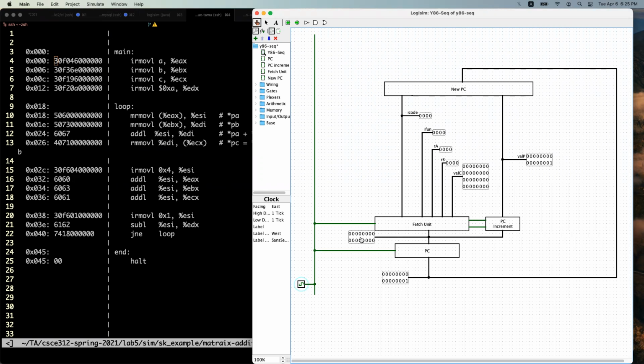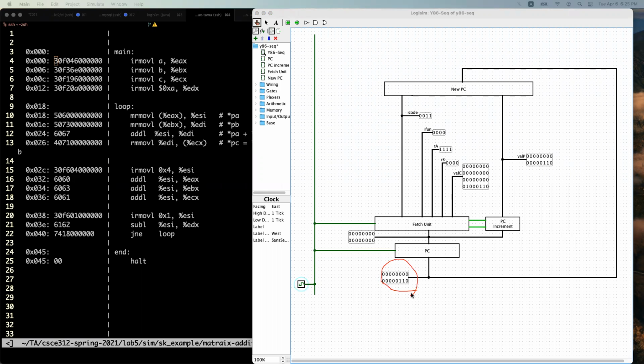It points to the first instruction. So let me click 1, 2, 3, 4, 5. See 5. But I need to click one more, but the thing is, see here,